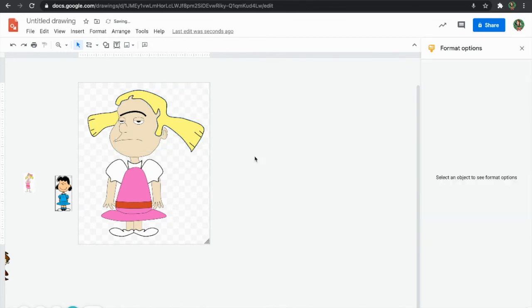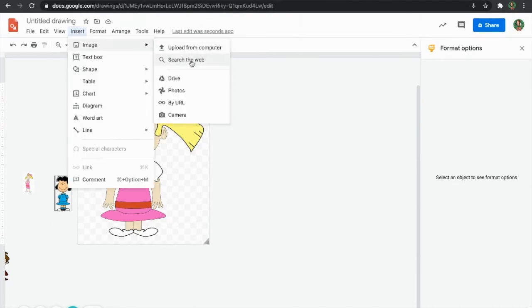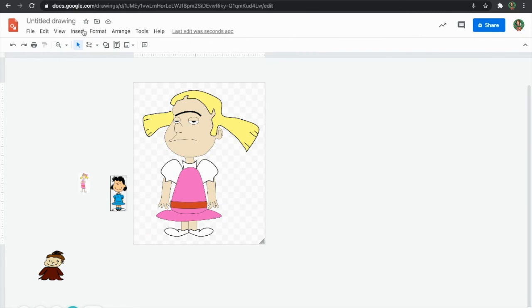Maybe center her a little bit more. If there's any little scraps, there's a couple of dots, we can delete them, and then maybe we want to find a cool background. So we can go insert image, search the web, and we can type in